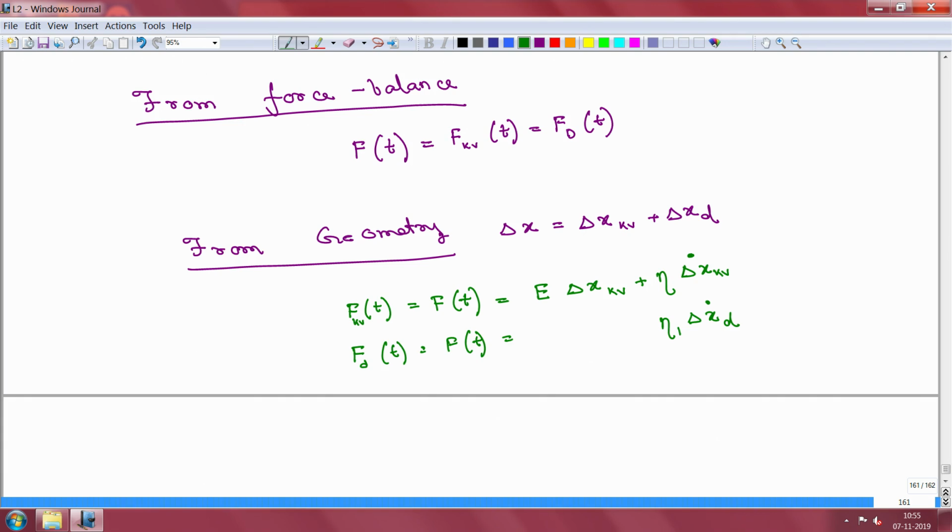So, we will stop here today, and what we have done is we have looked at another 3 parameter model, and we discovered that the solution for that is interestingly the same as the solution for the previous case, except now the coefficients are just going to be determined by the particular model. And we are going to see that the same is going to be true for the Jeffreys case, and we are in the process of solving for that. Okay. So, next class we will complete the solution for the Jeffreys fluid.